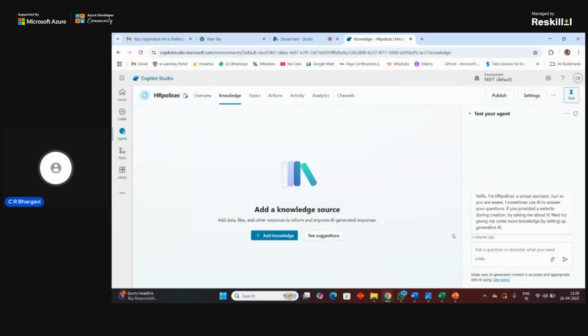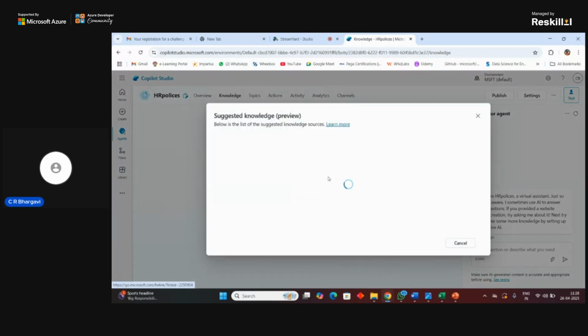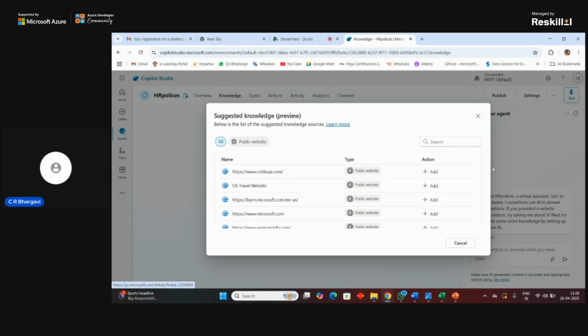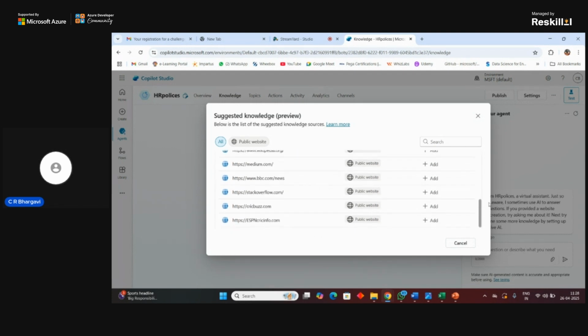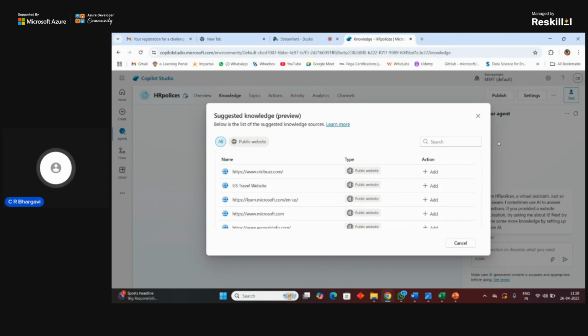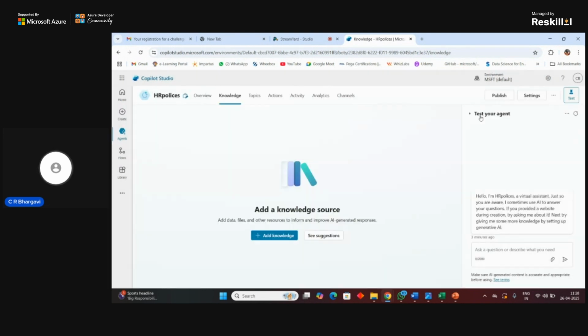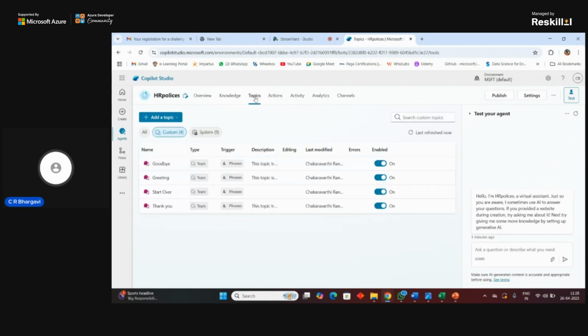These were the things that I had used before, so it is still pointing them out to me. We can go ahead and use the suggested knowledge which is available over there, or you can still use a new one. And this is all about the knowledge source.